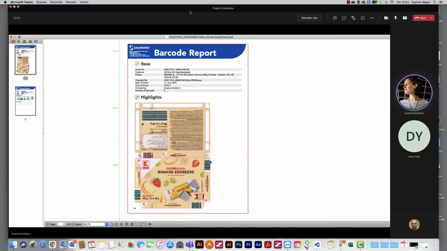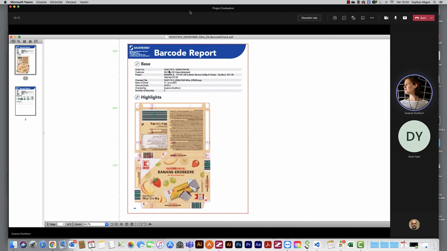Analyze all the barcodes which exist, and we can see if these barcodes are correct when we compare the barcodes with, for example, Encoway or whatever with some code, any code,